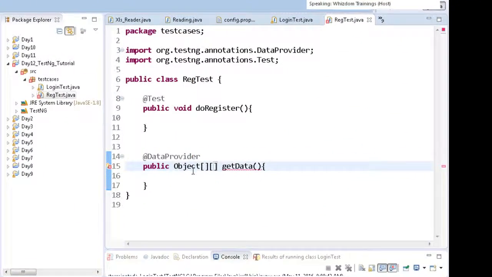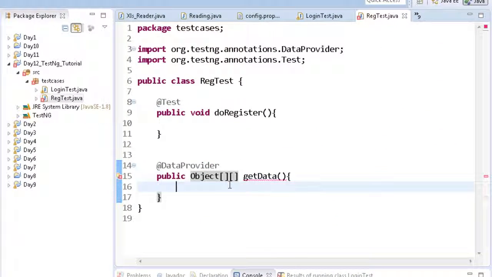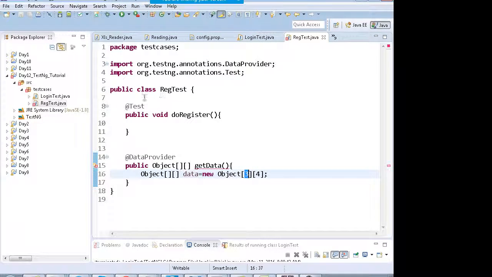So you create the object array like this. Object[][] data equals new Object[3][4]. That means 3 rows: I want to run the registration test 3 times. 4 columns means that every time I run it, I have 4 parameters in the test. I can fill up the data in row 1.